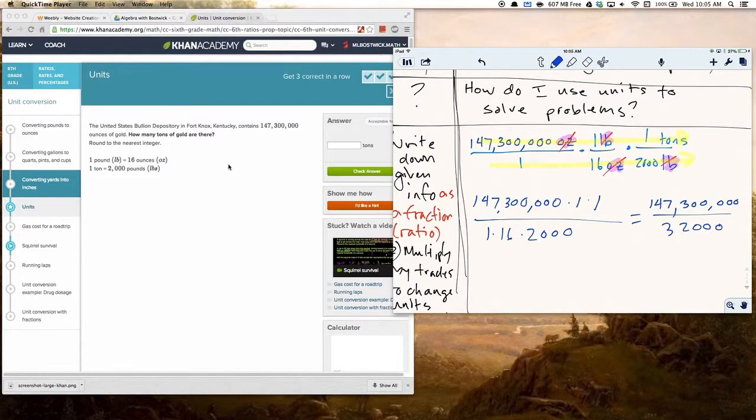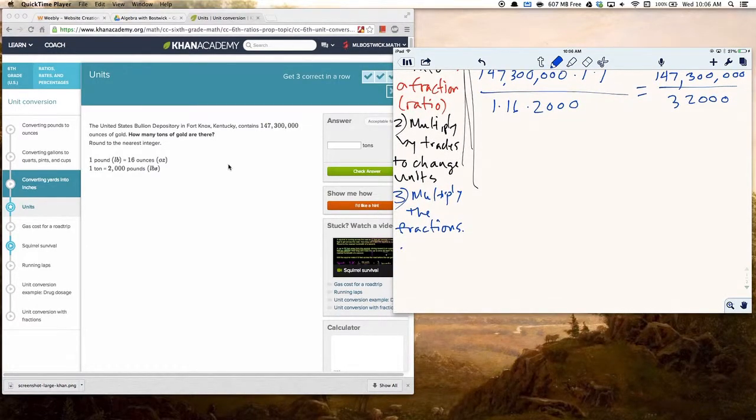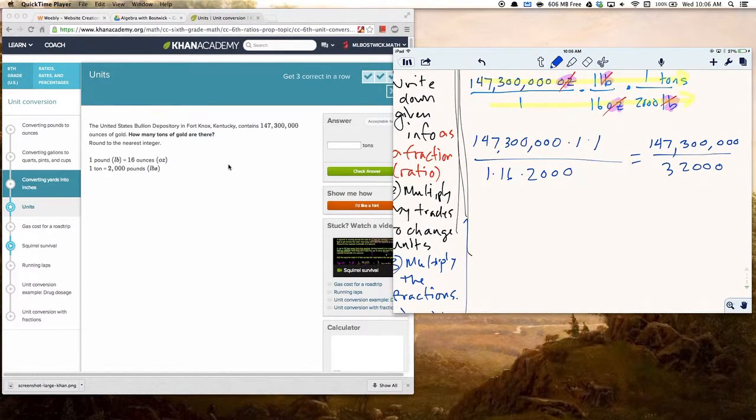Okay, so now I can divide those things. And so I'm going to put the answer here as divide and round is the fourth step. And so 147,300,000 over 32,000, I'm going to type that in and calculate it. I'm just double checking to make sure I have the right number of zeros. Divided by 32,000 is equal to